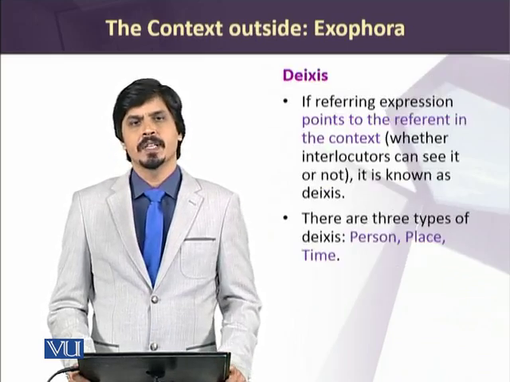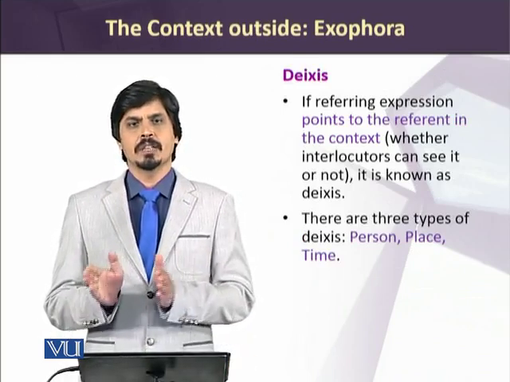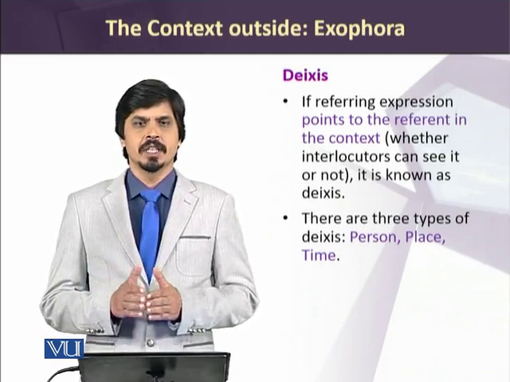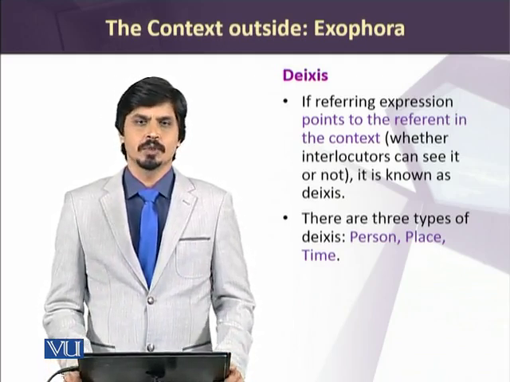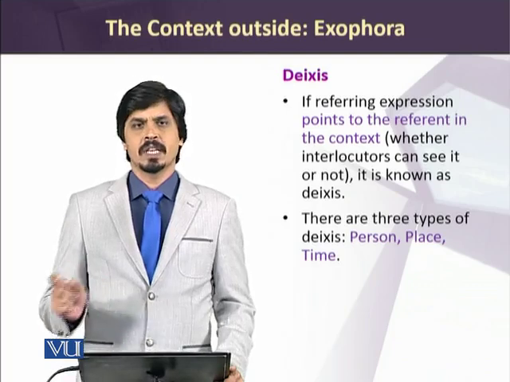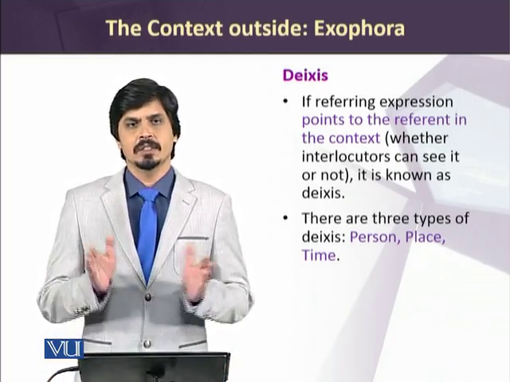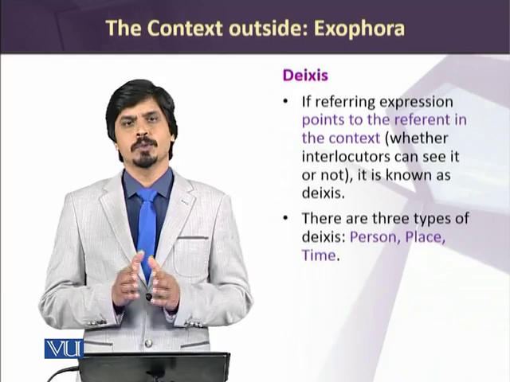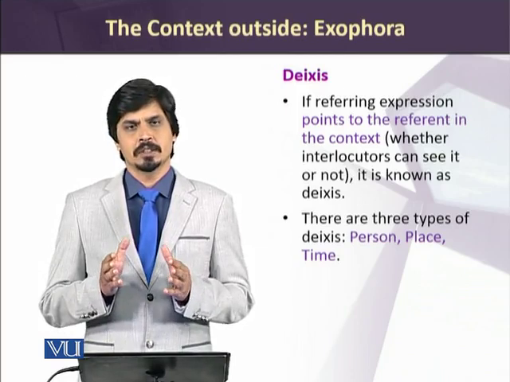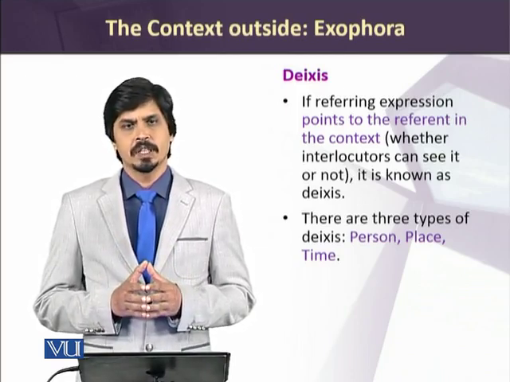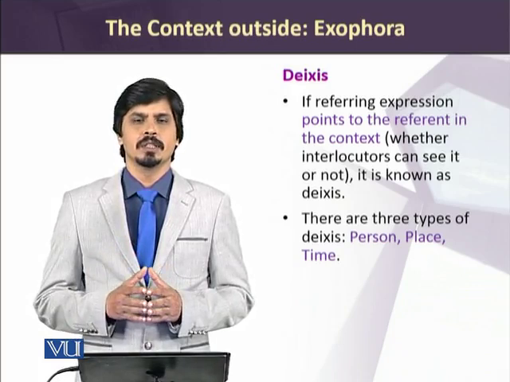We also have some deictic expressions, known as deixis, which are used in the language to point out certain things, and this pointing out helps us to understand the meanings of those things in particular situations. We have various kinds of deixis, for example, person, place, or time deixis, and these, as I said, help us to point out things. For example, the pronouns he, she, it are some common deictic expressions used in the English language. They are used to refer to or point out persons in language.